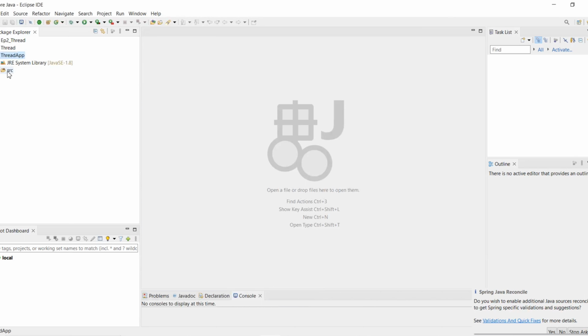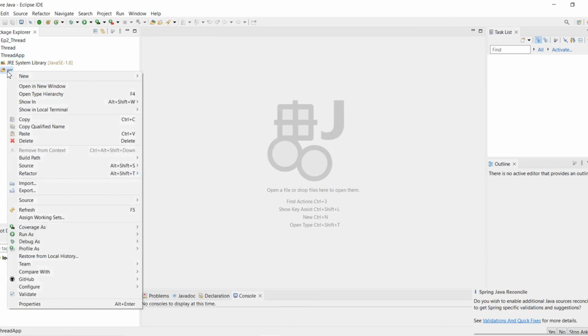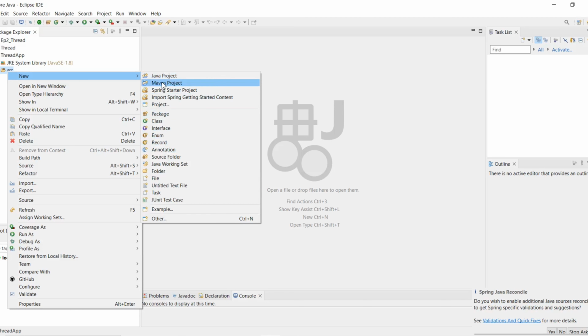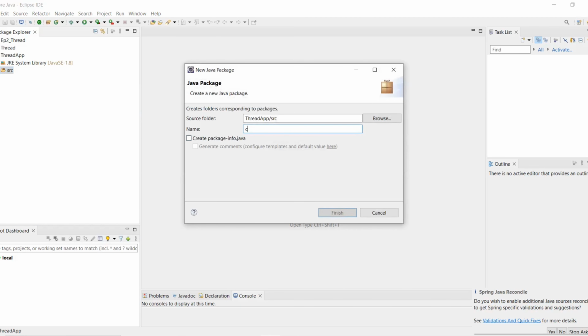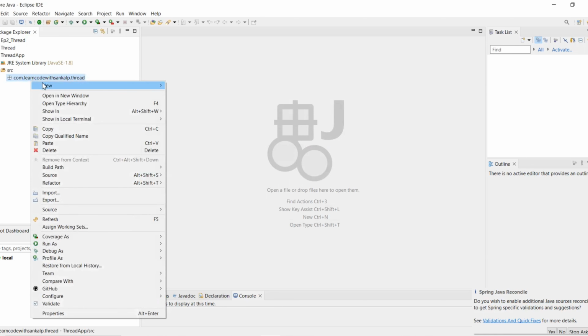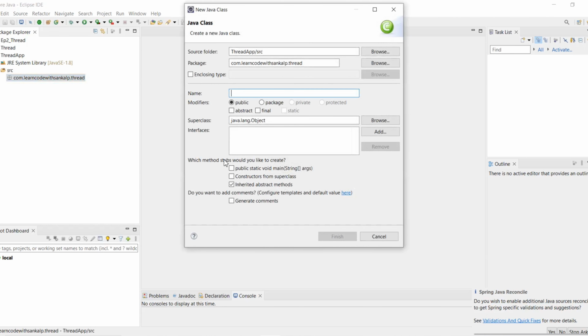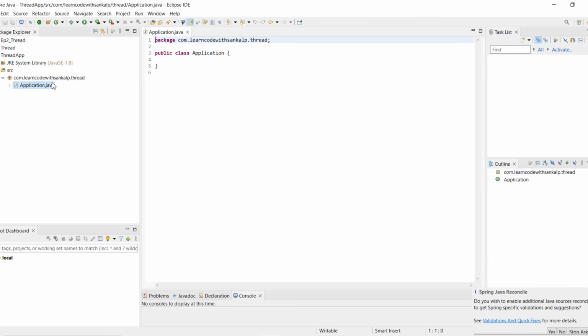Inside the project we are creating one package like com dot thread. Inside thread we are creating one class like application class and one worker class.